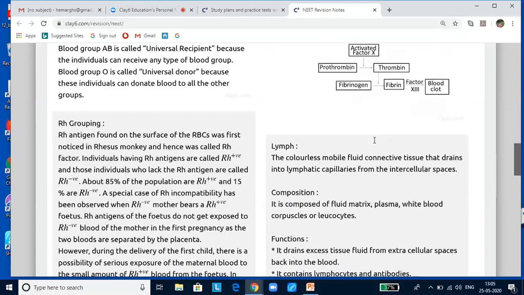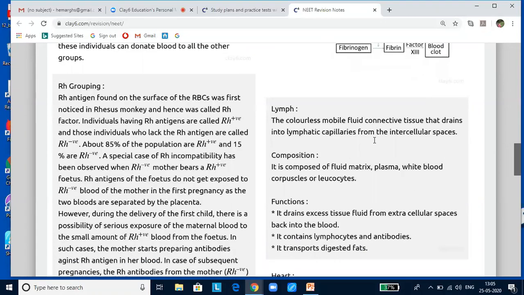Now let us look into lymph. The fluid collected in the spaces between the cells of the tissue is called lymph, or interstitial fluid, or tissue fluid. Lymph contains water and the same mineral contents as in the plasma. The network of vessels called the lymphatic system will collect this fluid and drain it back to the major veins. Lymph is a colorless fluid containing special lymphocytes responsible for the immune response of the body.